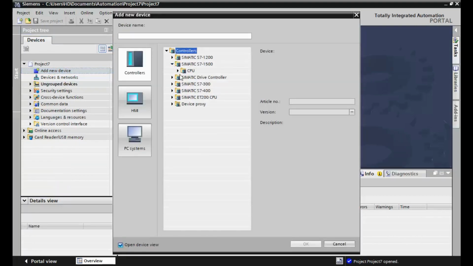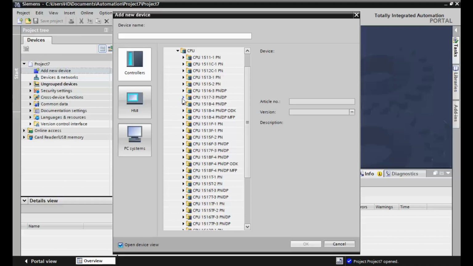At the first step, we add an S7-1500 CPU and perform the configuration.